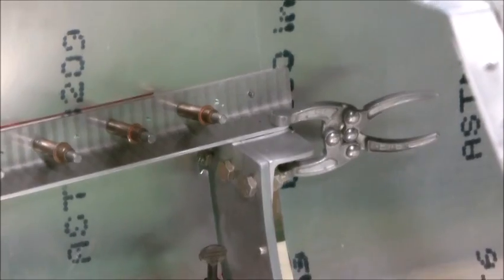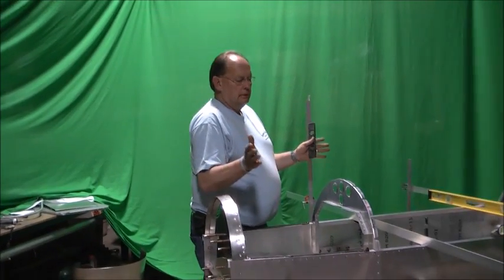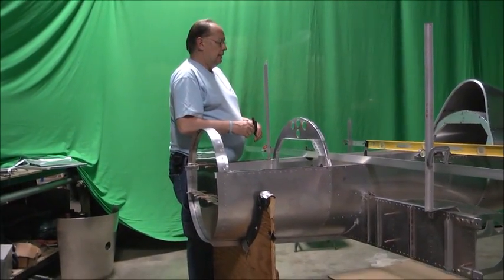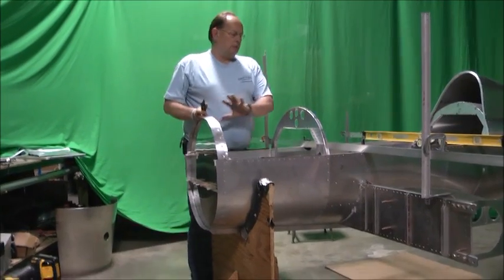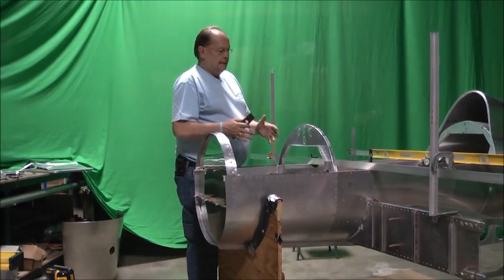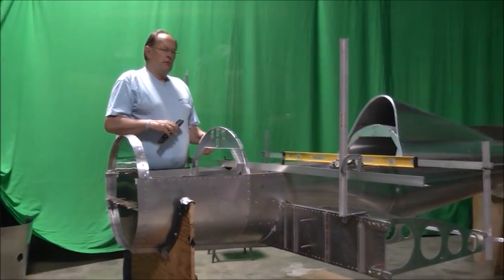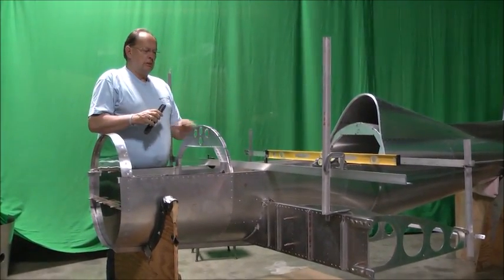So now we're going to drill down through here. We're going to bolt this at the center section. We're going to take this all back apart, because now the center section spar will be anchored in place, and we'll go to finishing the fuselage, everything that's up here, so the wing's not in our way, and then when we come back, we'll be finishing some of the top